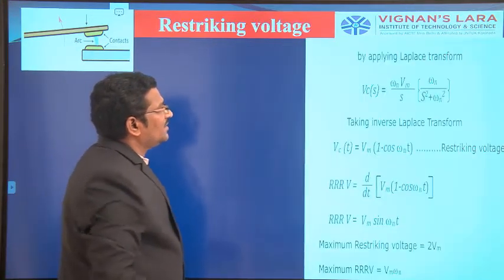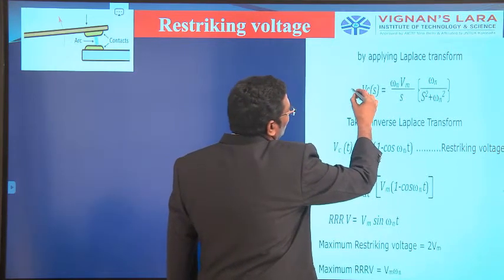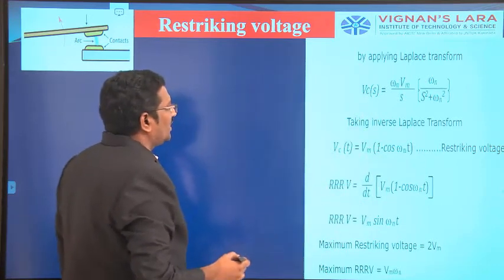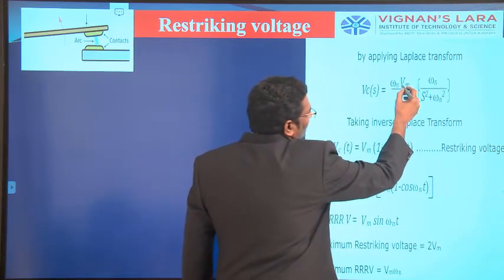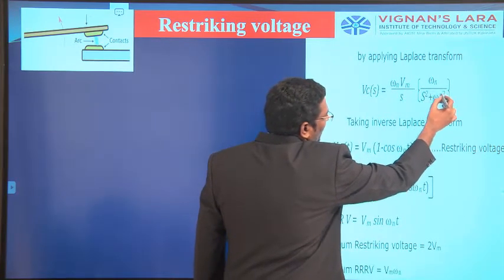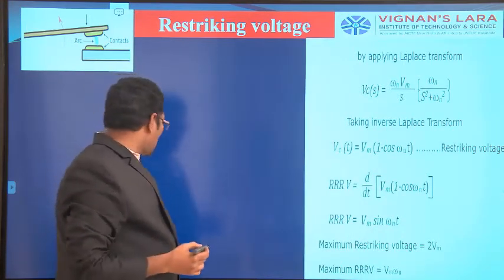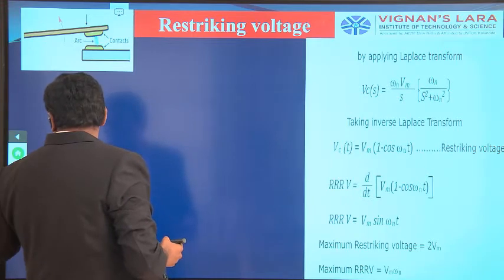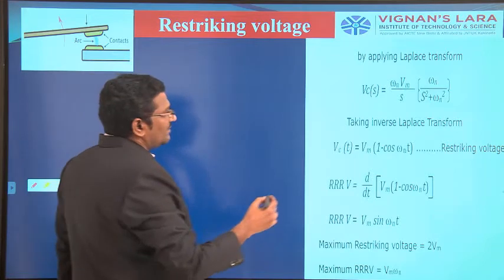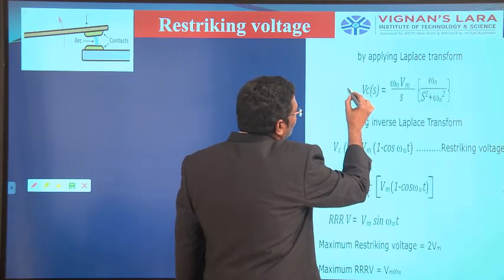this equation. After doing the mathematical manipulations, we are going to get in the S domain the voltage across the capacitor: Vm into omega n divided by S, so omega n by S square plus omega n square. Now if you take the inverse Laplace transform on both sides,